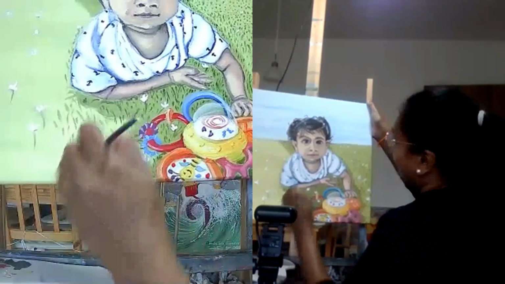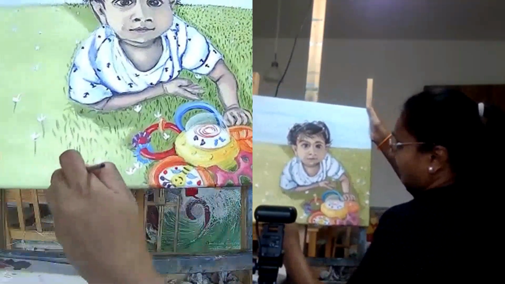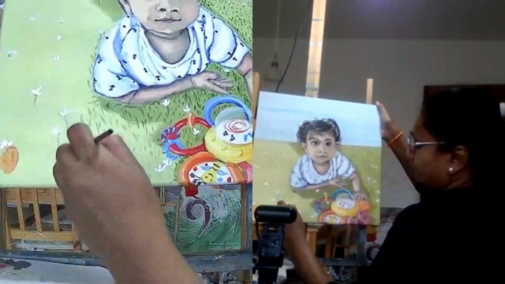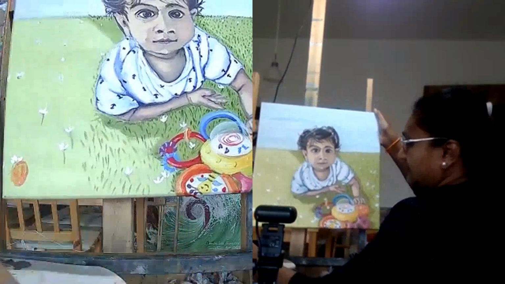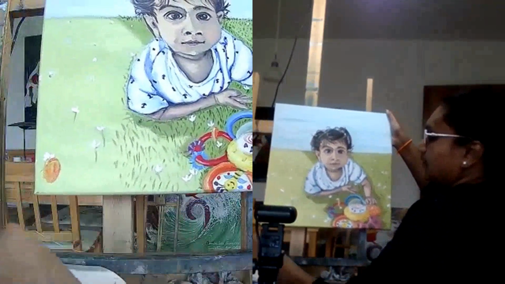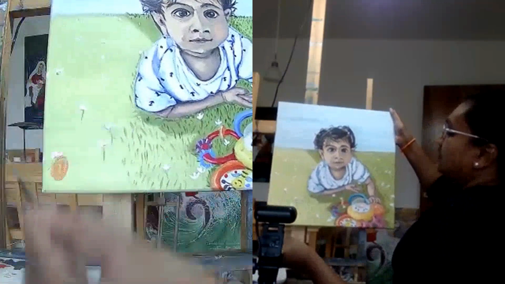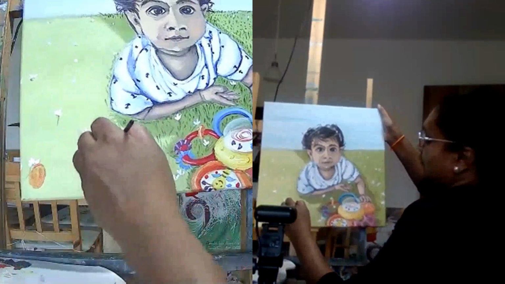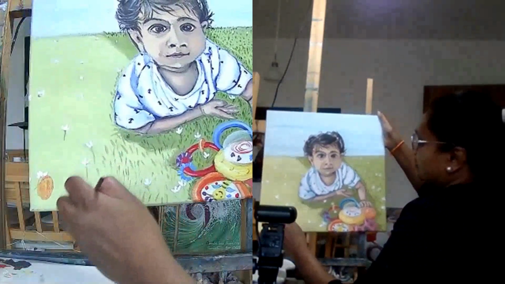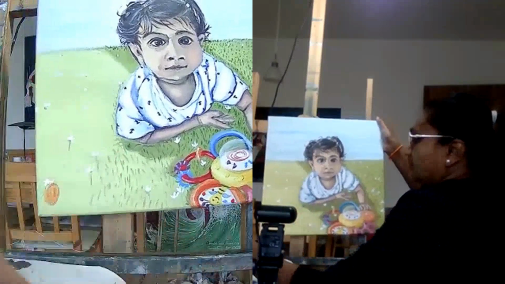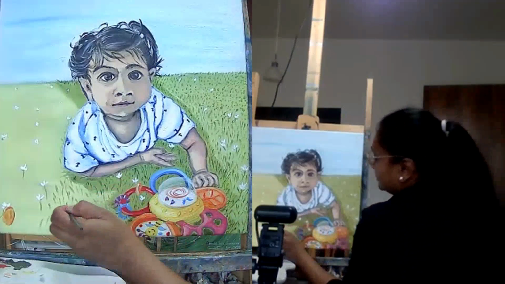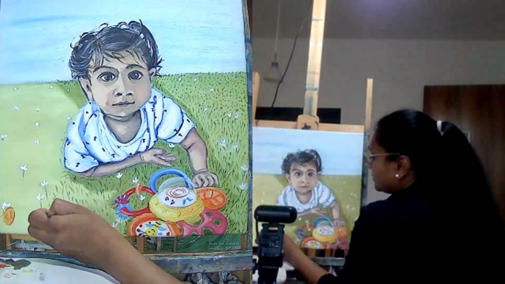It is always convenient to have a small canvas like this so you can hold it in the hand and try. So if you see the process, I'm just loading the tip of the brush. If it's overloaded, I roll it over, then I take it and go for a few strokes. And if you see, the strokes also sometimes look like they are not perfect. It's okay because it's going to reflect the image of grass that's all over. So don't bother too much about it and just go for it.